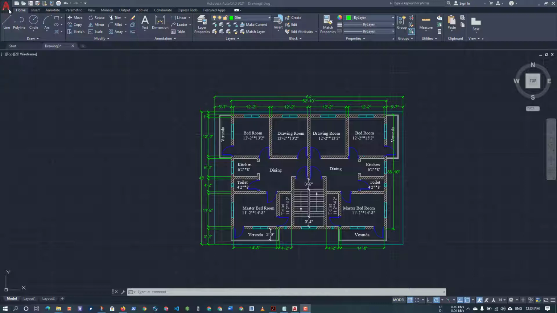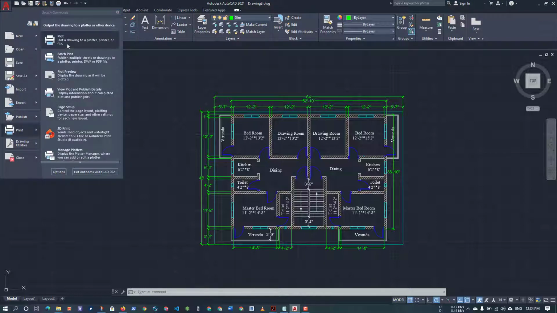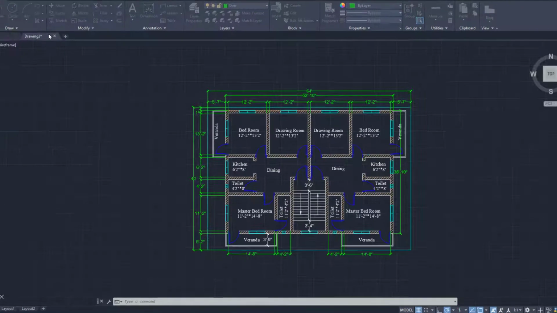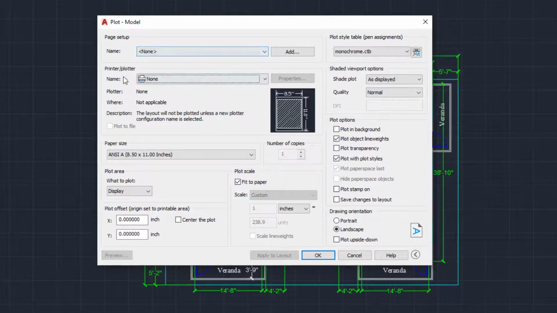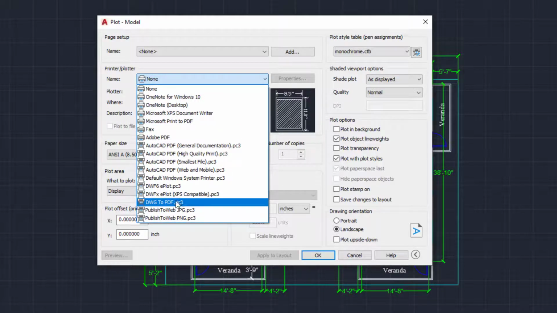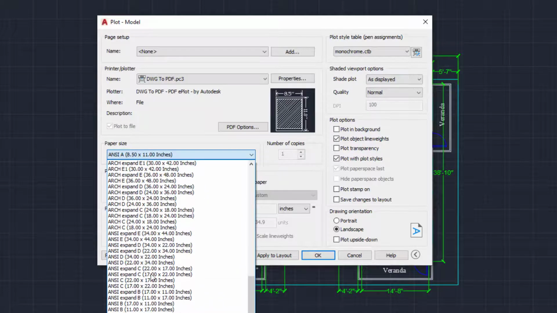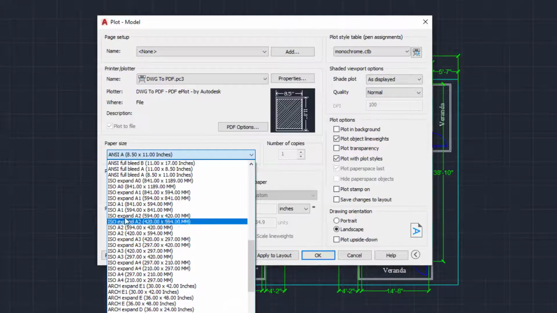So let's come here and click on print and then click on plot, okay, and then click on printer or plotter and choose DWG to PDF, okay, and then choose paper size as A4, ISO A4,